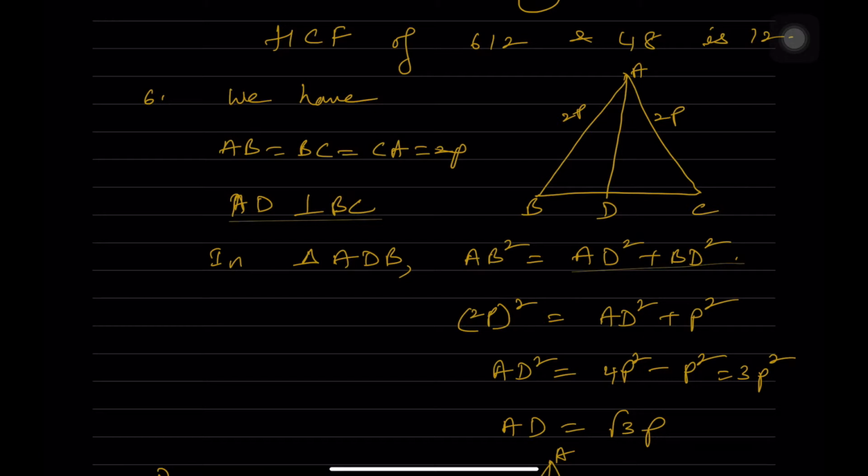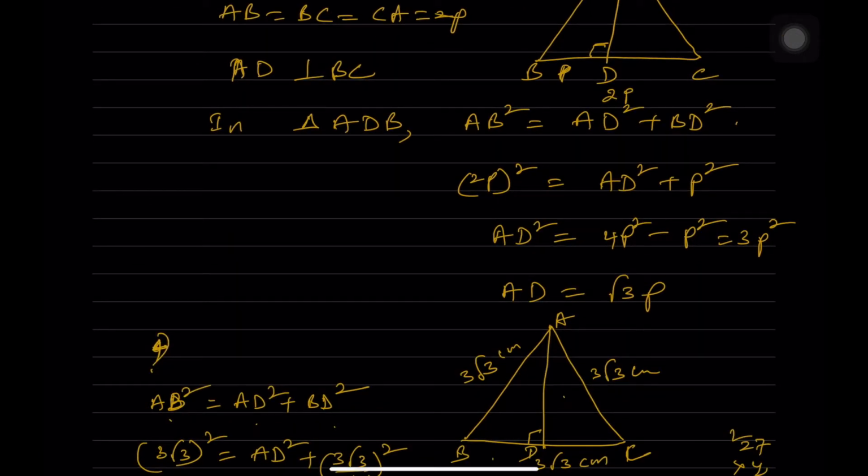So in triangle ADB, we have AB square is equal to AD square plus BD square, 90 degrees over here. So therefore you're having (2P) square is equal to AD square plus P square. Now how did we get P square over here? BD square, you know that this is 2P. So BD will be nothing but equal to P, that is 2P by 2. D divides BC into 2 equal halves. BD plus DC, both are equal. So therefore here you are getting (2P) whole square is equal to AD square plus P square. So AD square is equal to 4P square minus P square, which is 3P square. So AD is equal to root 3 P is the answer.